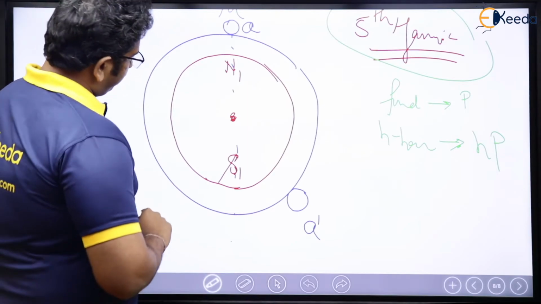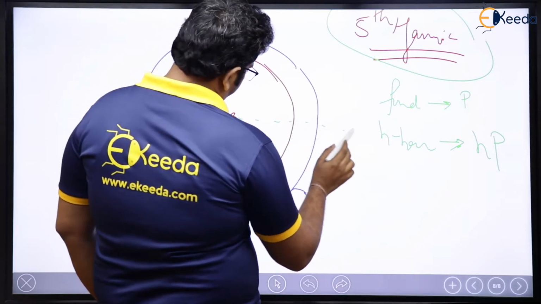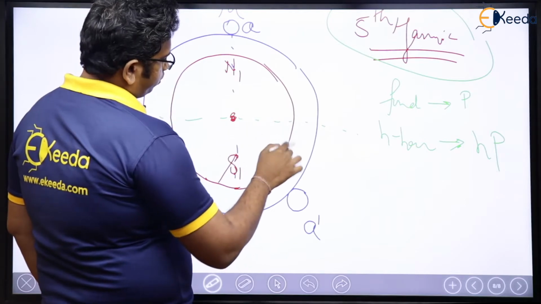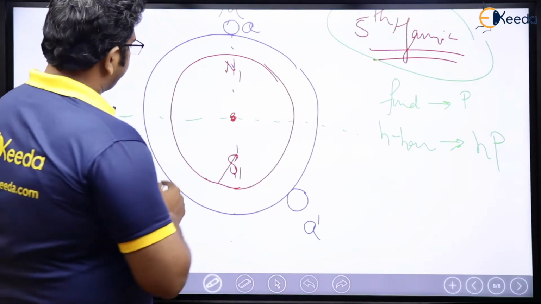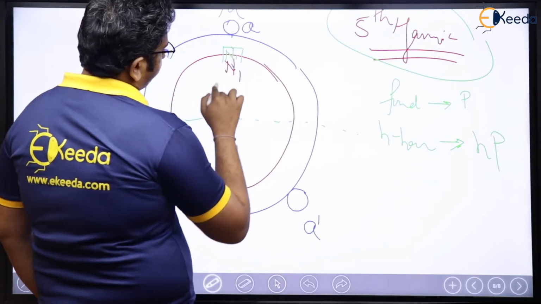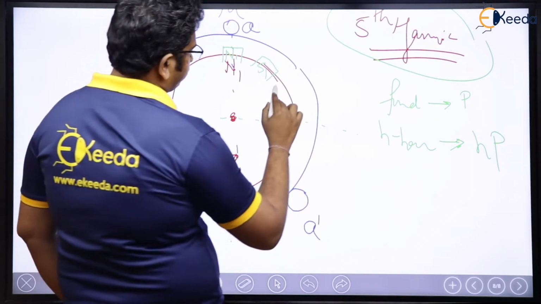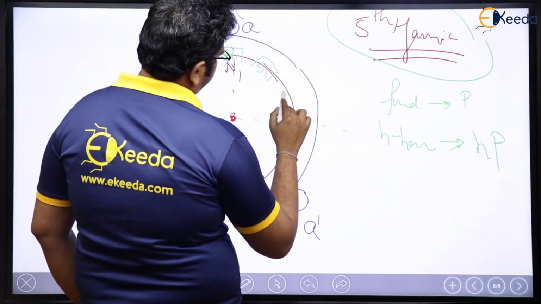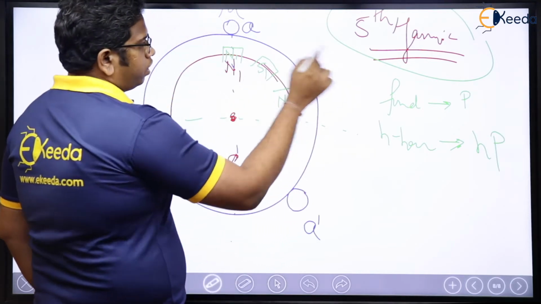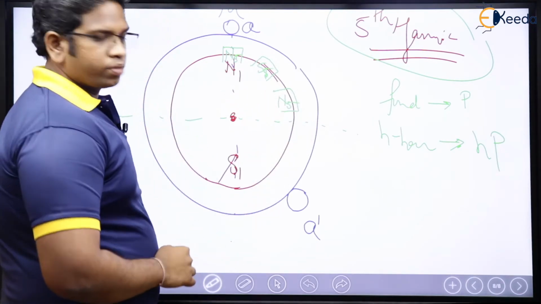So, how to keep those 10 poles? I may have to keep 5 poles, 1, 2, 3, 4, 5 poles. Yes, I can place them. See here. Let me place this as N1, then this becomes S1. This becomes again, sorry, N5. This is going to be N5, S5, this is going to be N5, right?